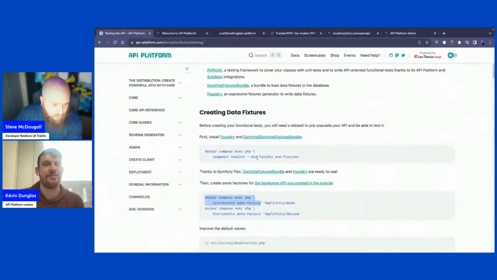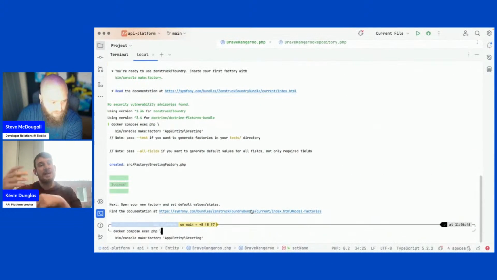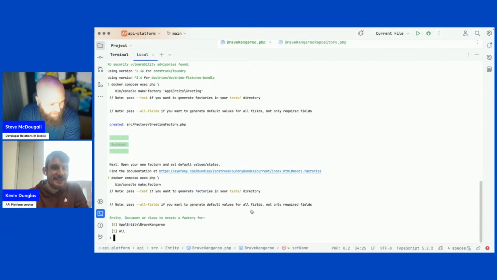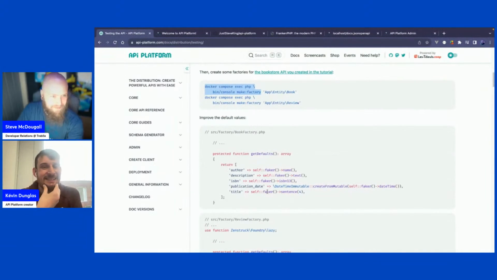Yeah, and I think that if you omit the class name, then you get an interactive mode where you will have the list of the entities that will be suggested or something like that, if I remember correctly. Let's have a look. You've thought of everything. You're not making it easy for me. I'm expecting to have problems with creating some of this.